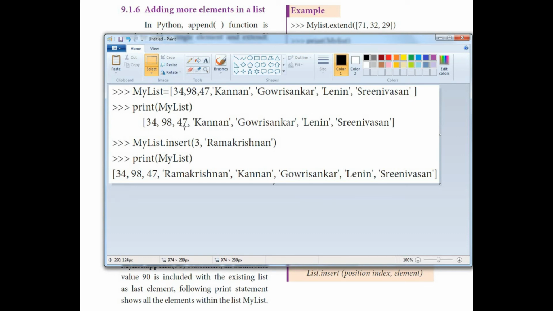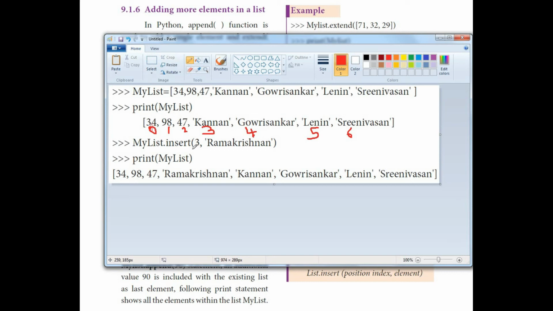How should the index value be mentioned? 0, 1, 2, 3, 4, 5, 6. How many elements are there totally? Totally there are 7 elements, so the index goes from 0 to 6.